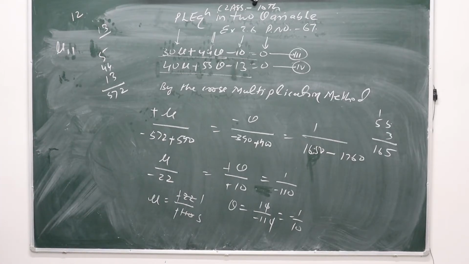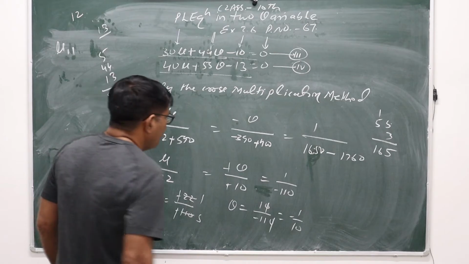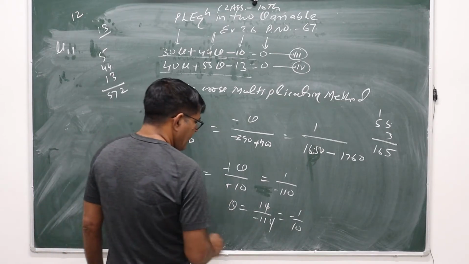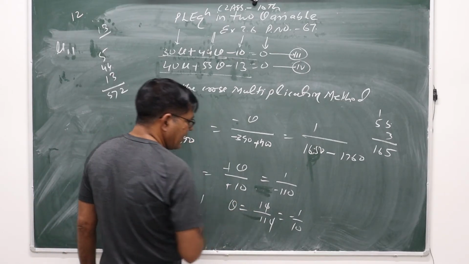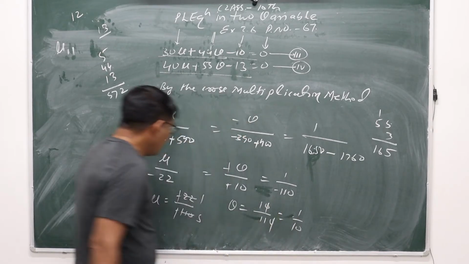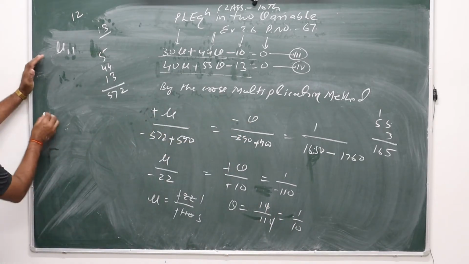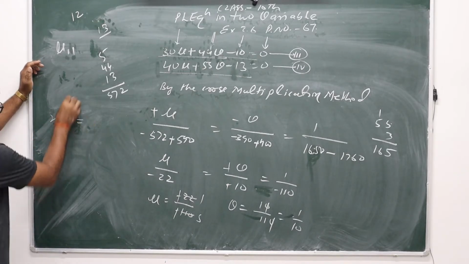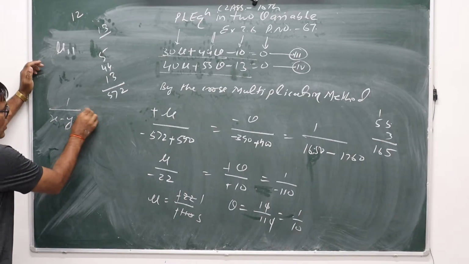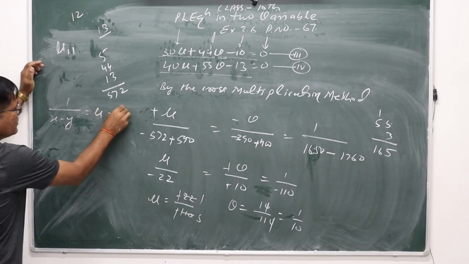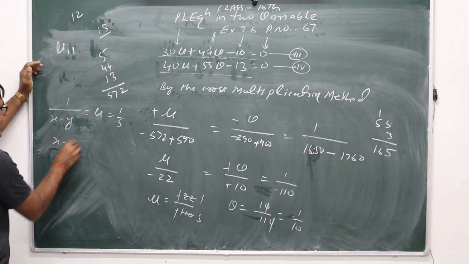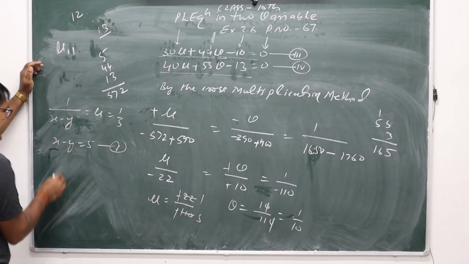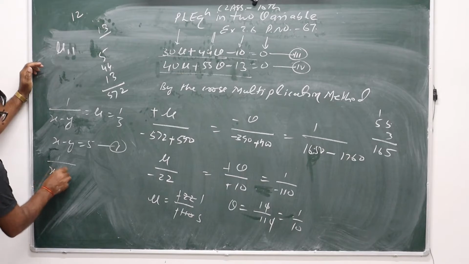So the value of u is 1 upon 5 and the value of v will be plus 10. So this will be minus minus plus 1 upon 10. Now what is u? u is x minus y. So 1 upon x minus y is equal to u, and u is 1 upon 5, which implies that x minus y is equal to 5, first equation, and second,